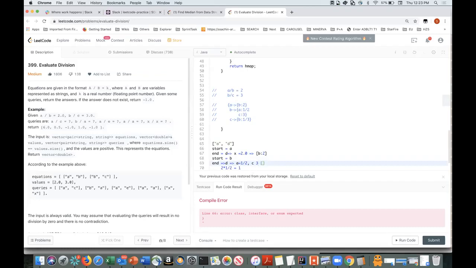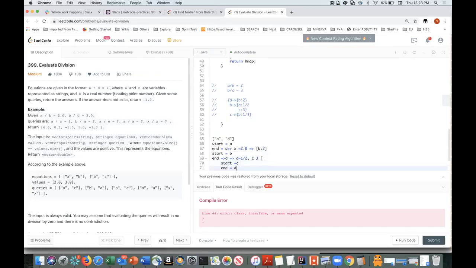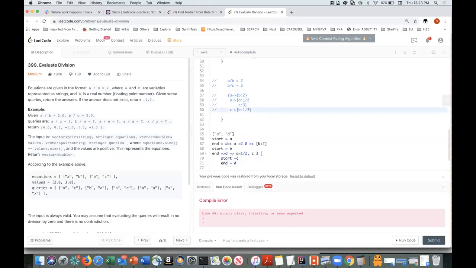So in the next iteration, we will have start equal to C and end equal to D, right? And we will get some value here in the given map for D, like 4. So from the first step we have 2, from the second step we have 3, from the third step we have 4. We just need to multiply all 3, because we started from the very first iteration and we are just going in depth.